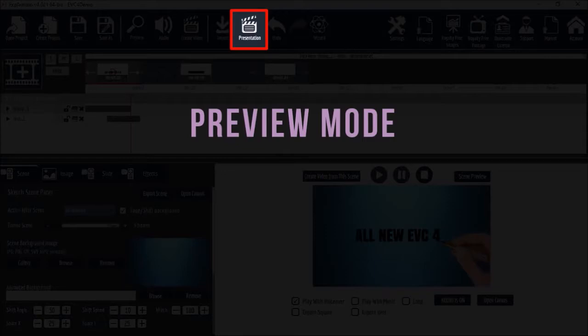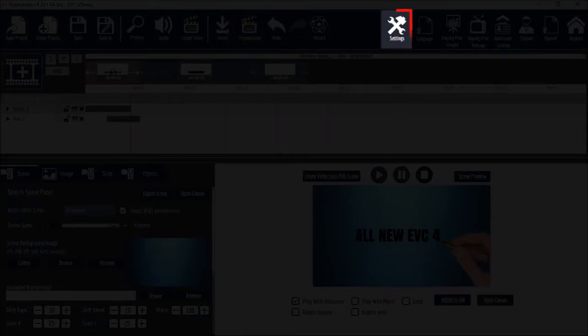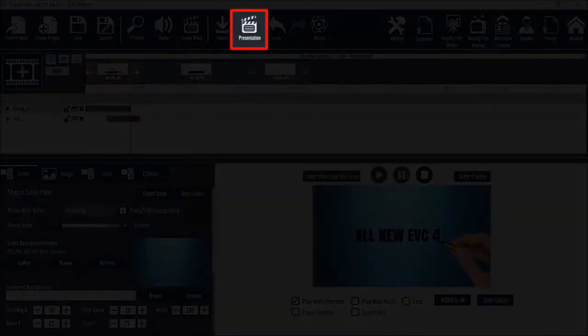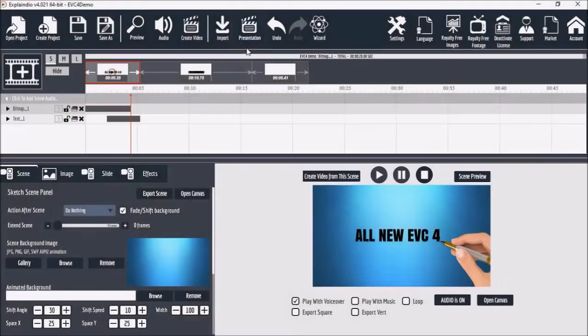PowerPoint presentation. Under Settings, you'll notice these default presentation mode shortcuts. You can use the spacebar to advance to the next slide. You use the backspace to go to the previous slide, and use the S key to pause or resume the slide. So let me close this dialog box, and if I click on Presentation, you'll notice that the first scene